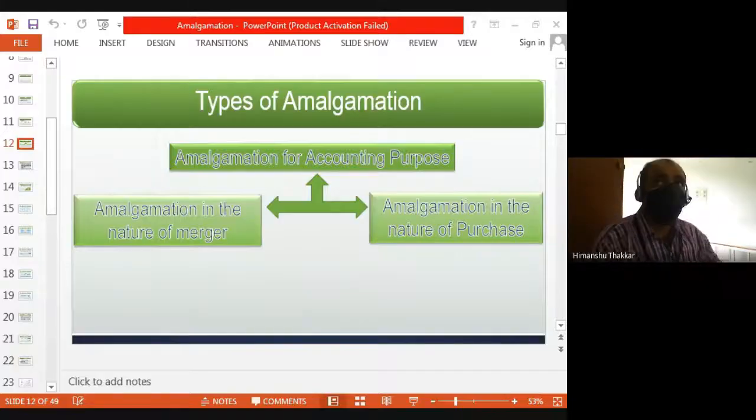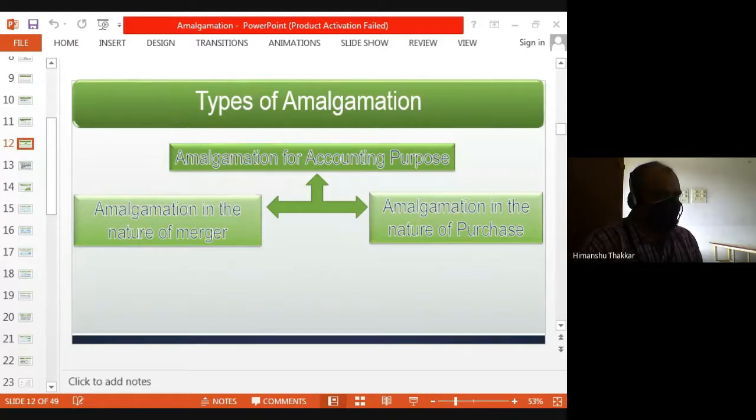is to go for amalgamation absorption. Okay, we have discussed all these things. Now we'll be talking about the types of amalgamation and how to deal with the accounting part. That is what we are going to discuss in this lecture. So this lecture is going to be very important so far as your practicals are concerned, because some of the points that we will discuss today will be used when we do the calculations in the examples.